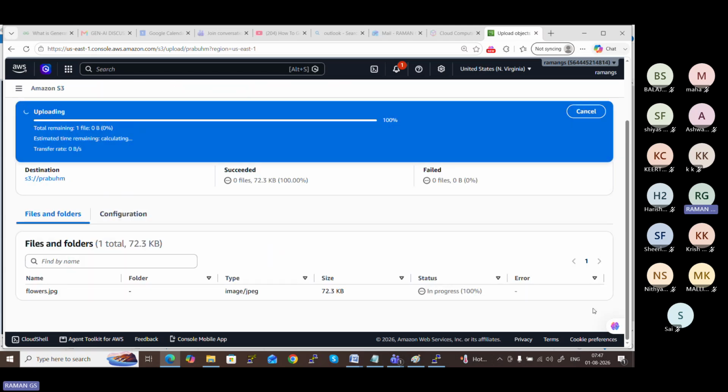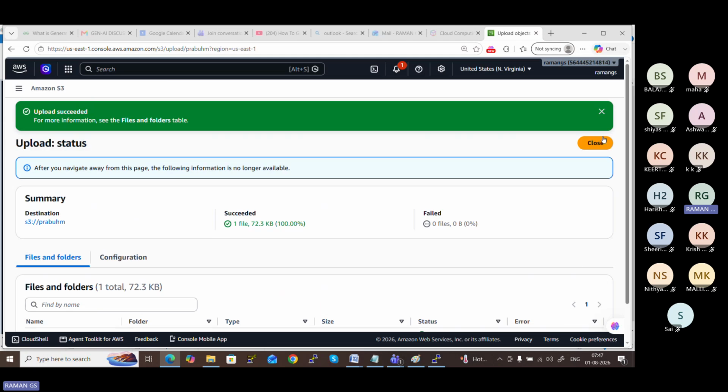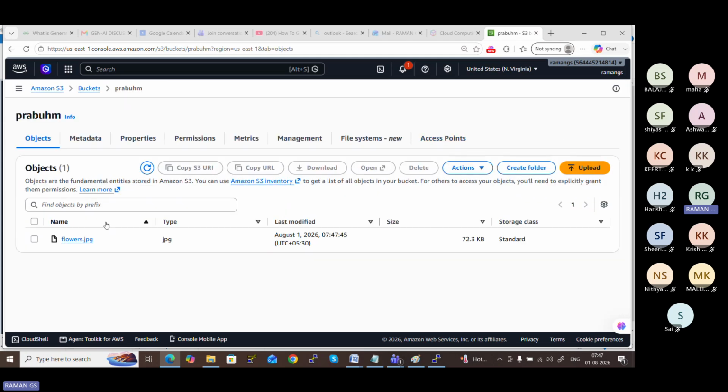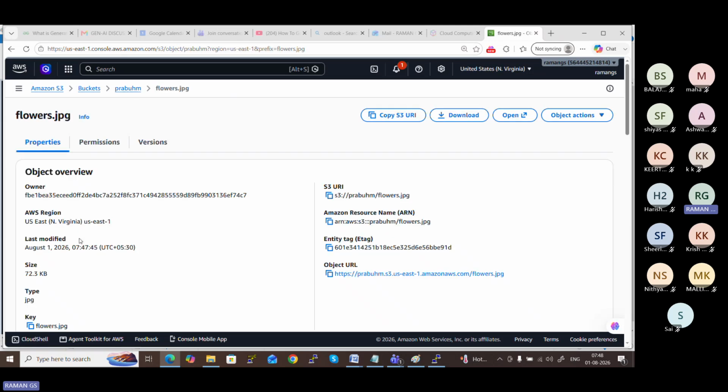When I upload this file, as I already told, a URL will be automatically assigned to the file. Whoever wants access needs to be provided the URL. When you click on this JPEG file under the bucket, there is a file by name flowers.